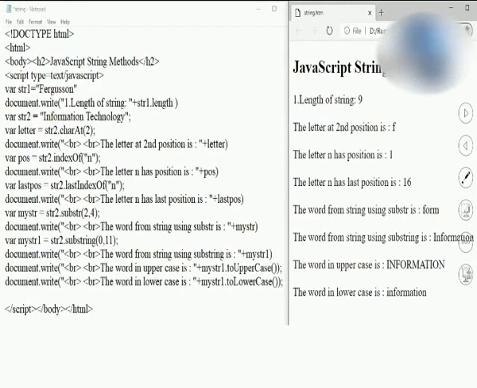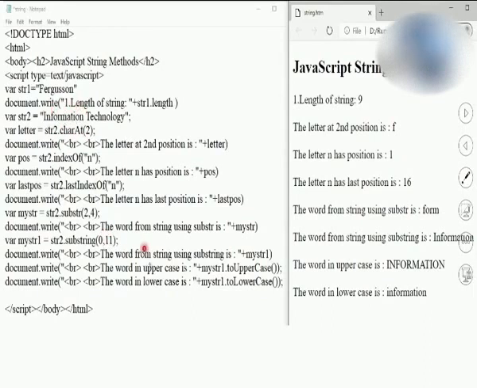Now students, over here observe the next is a substring. So in the substring I have specified from 0th character go up to 11th index number. So these two both are index numbers. Here in this case it is not an index number; here it is how many characters you are going to take. Whereas in substring, both are index numbers. So from index number 0, go up to index number 11, means it will go up to index number 10 only. It won't take the 11th character. If you observe over here, it has taken the information word because of the substring, because the information word has 10 characters.